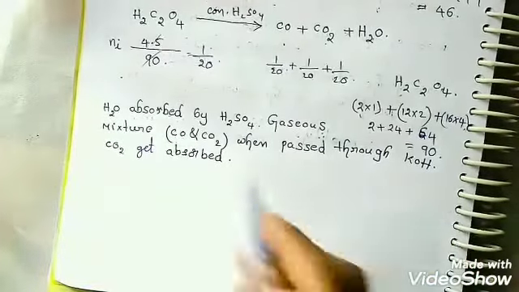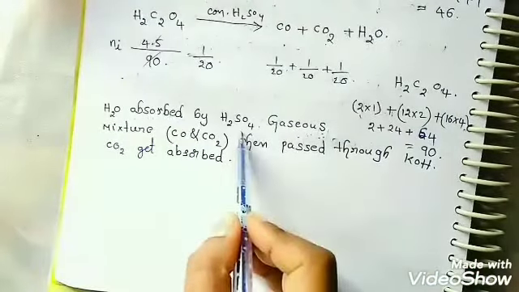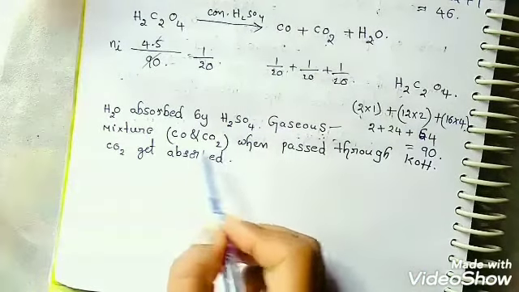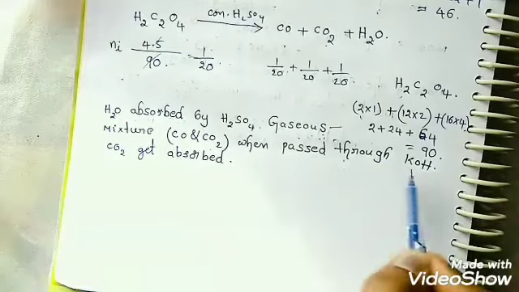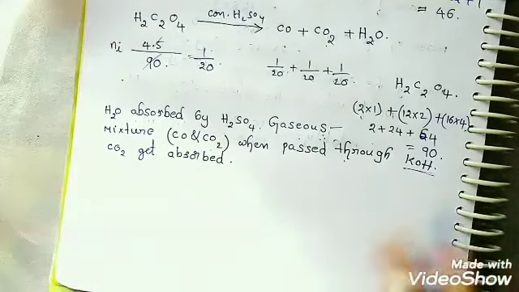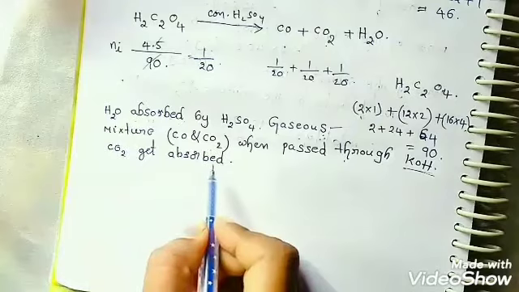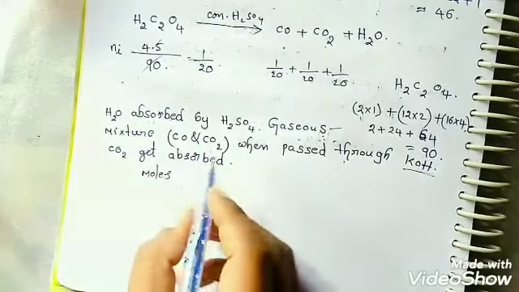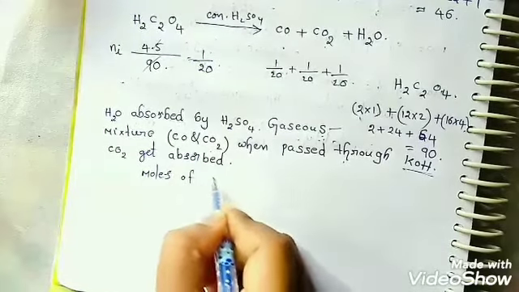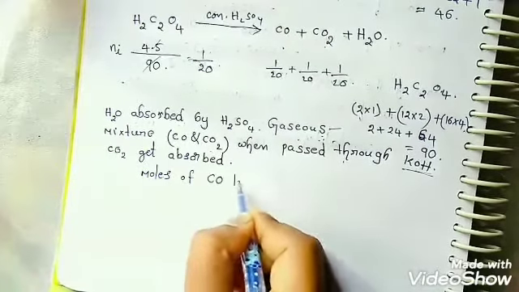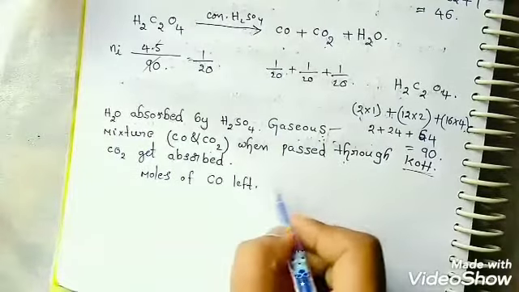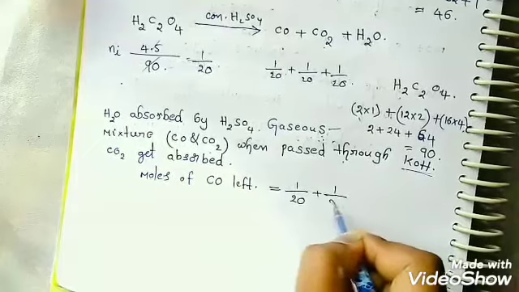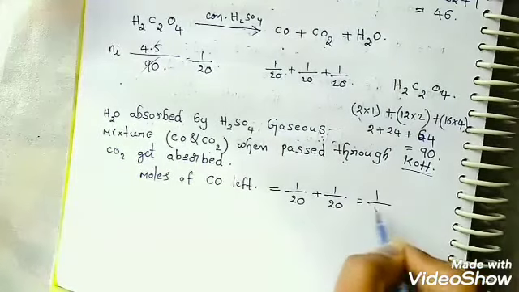From the question, after H2O is absorbed by H2SO4, the gaseous mixture must contain CO and CO2. When passed through potassium hydroxide pellets, CO2 gets absorbed. That means, students, if you observe, the moles of carbon monoxide are left because it is unabsorbed. That means in both equations 1 by 20 and 1 by 20, you can take it as